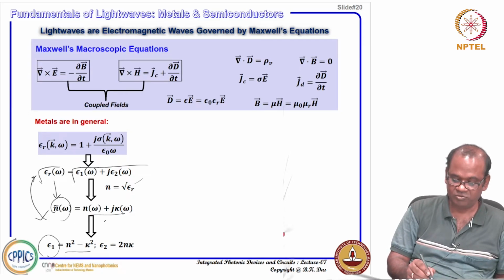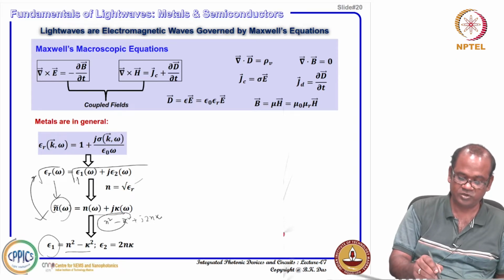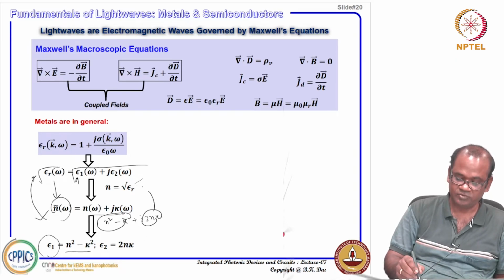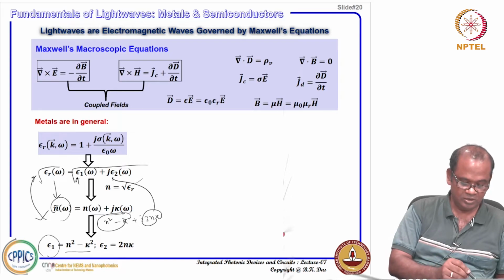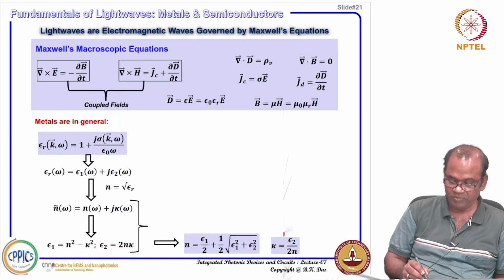If you just square it, it will be n square minus kappa square plus j 2 n kappa. So, if you square, that is a dielectric constant, that this means epsilon 1 and this means epsilon 2. So, that is epsilon 1, epsilon 2 you are writing here. Okay. So, what happens after that, if you just compare these two equations,